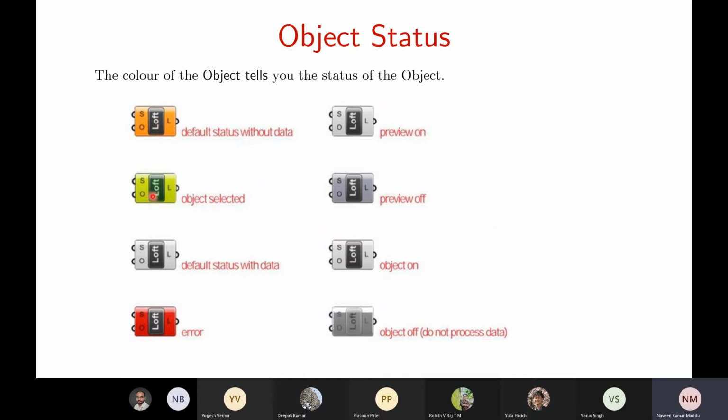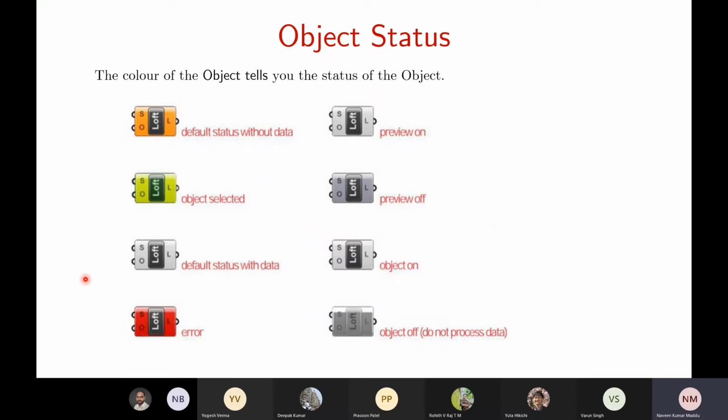And if you have completely given the data, then it shows in a green color. And if it is in this color, it means that you are ready with the default data. Let's say you're entering some wrong data into this, then it will show an error here. Like this, these are the different colors that will be shown when you're working on the Grasshopper canvas, and these are the colors of components.